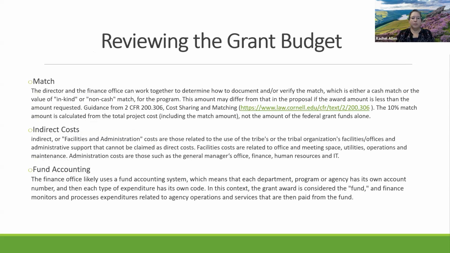So reviewing the grant budget, one of the things to consider is how much match the tribe will be contributing to match those federal dollars. So the director and the finance officer or finance office, some people call it the budget office, but in here we refer to it as the finance office throughout, can work together to determine how to document and or verify the match. And for some tribes, that can be a complete cash match where they give that dollar amount